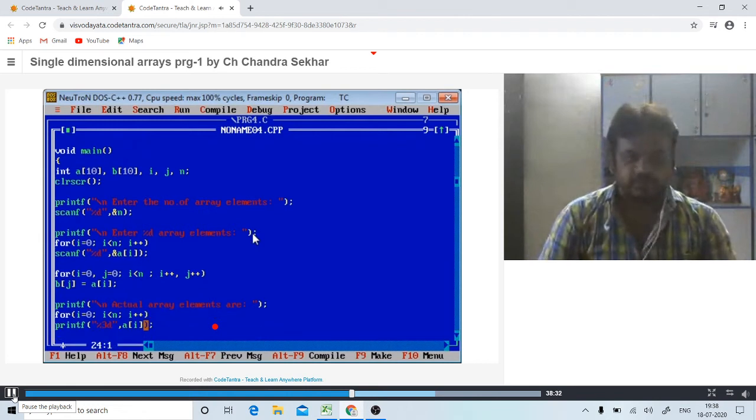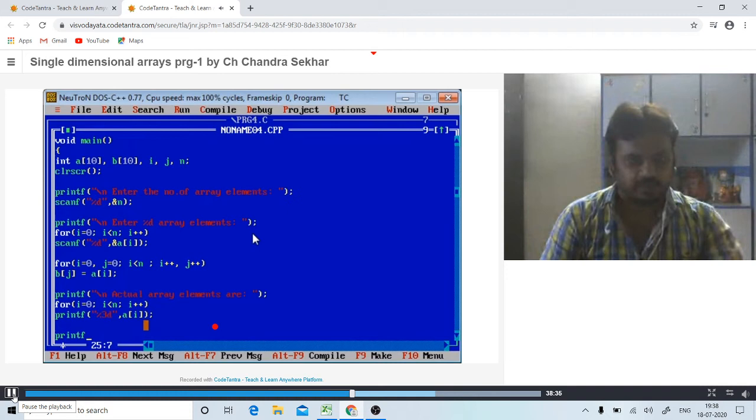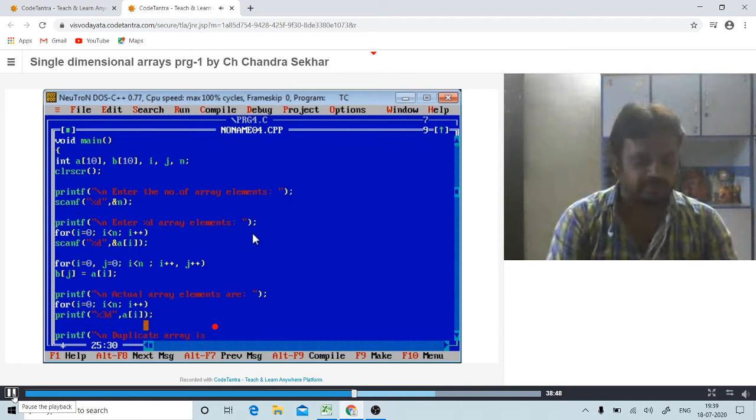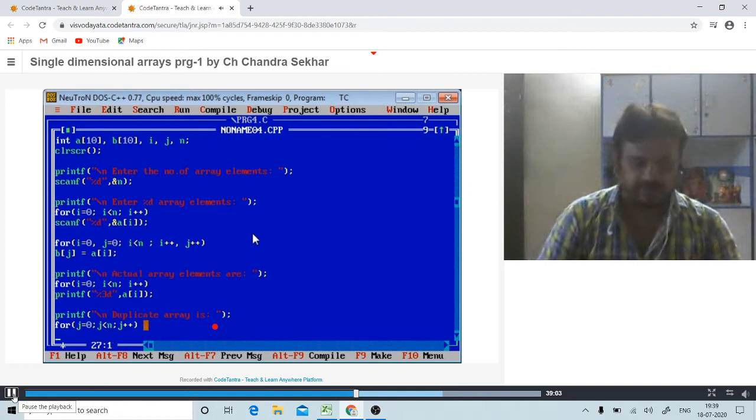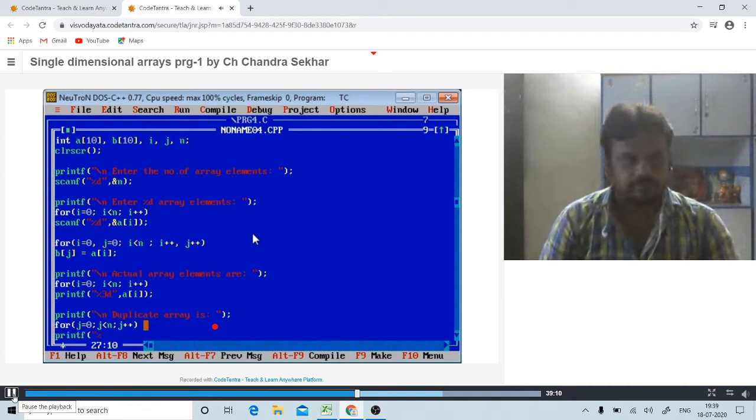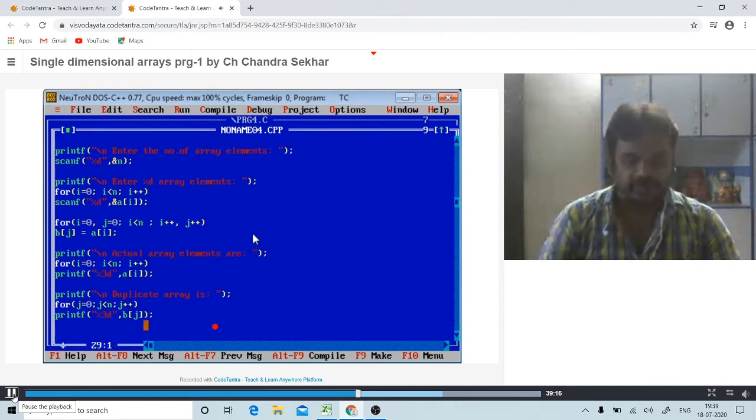So this is the actual array elements. Then the copied array, duplicate array elements: again to print the B array elements, j equal to 0, j less than n, j plus plus, printf percentage 3d, B of j elements. Then getch.